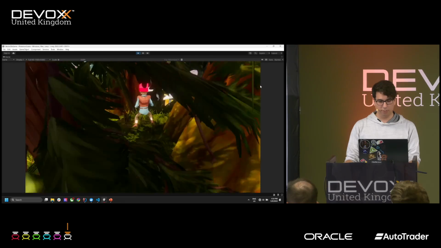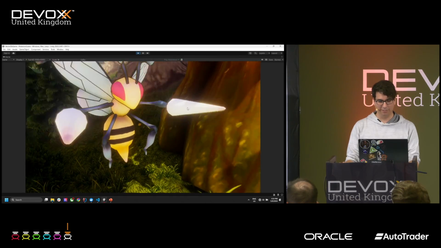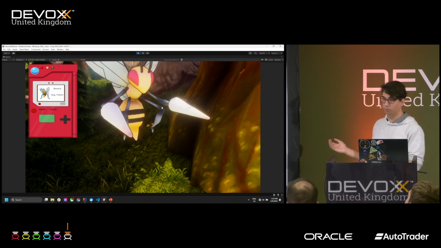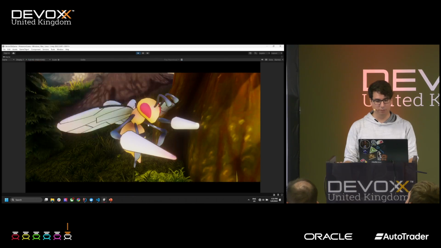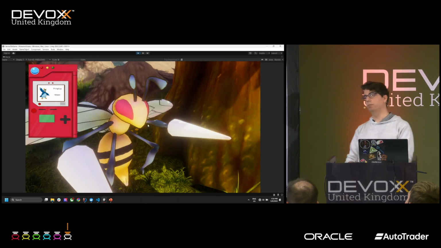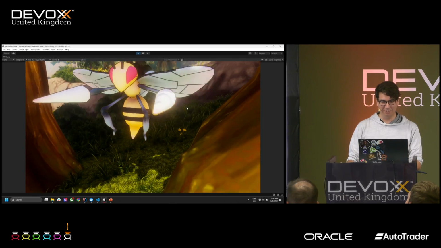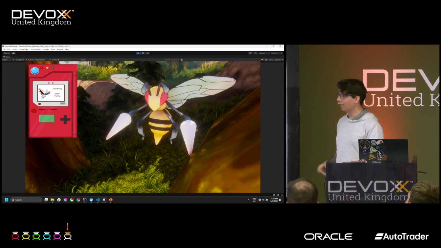If we walk around, there are more. And this is an easy one. Beedrill. It's perfect, right? What if I tried from a different angle? No, it's Prinplup. Or if I try this angle, no, it's Skarmory. I know that one.